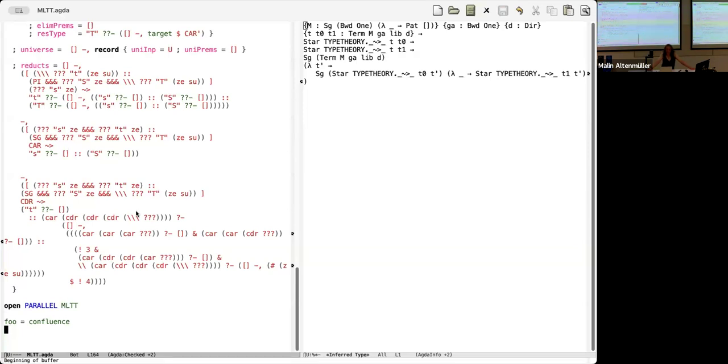No, but there are some reductions you wouldn't do at type checking time, right? If you were doing a probabilistic calculus, you would not be making probabilistic choices during type checking, which you would do at runtime, right? So it's a different relation altogether. Yeah. And it's not going to be confluent.